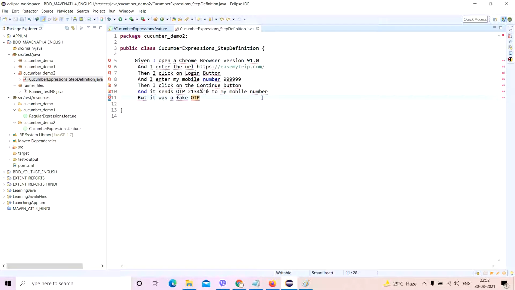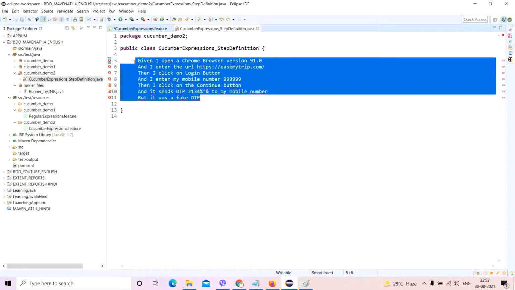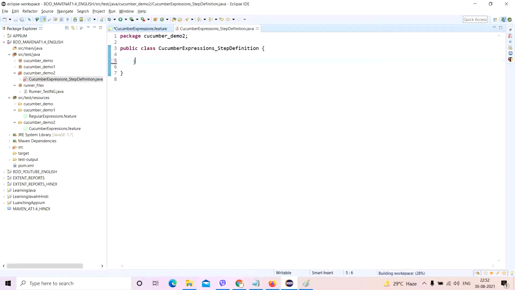There is another alternative to it. You don't have to do this because marking everything sometimes, maybe you will miss out on something, and it's boring. So I'm going to show you a new trick.